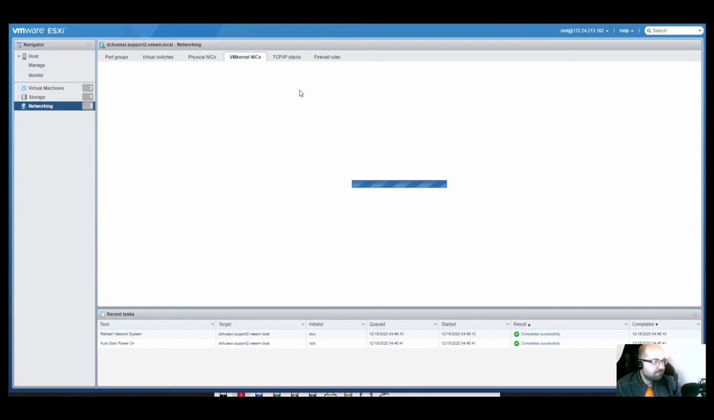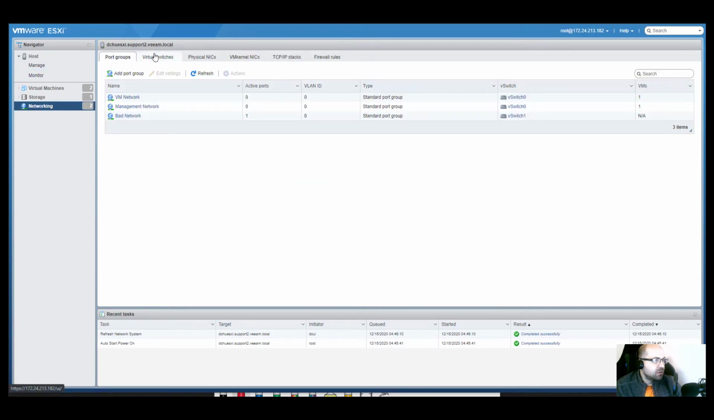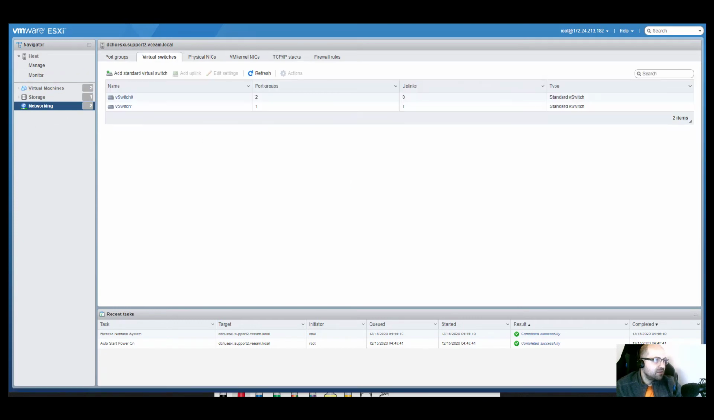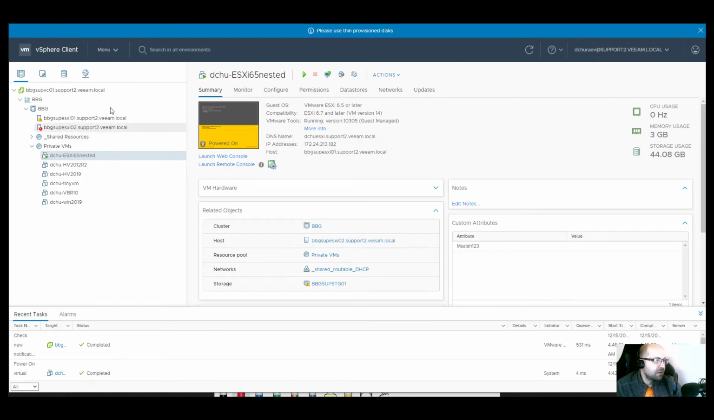It's below here, networking. Okay. So here you see port groups. These are virtual networks. One of them is my management network, but I'll show you why. There are virtual switches, and because it's a standalone host I created, it's not part of the